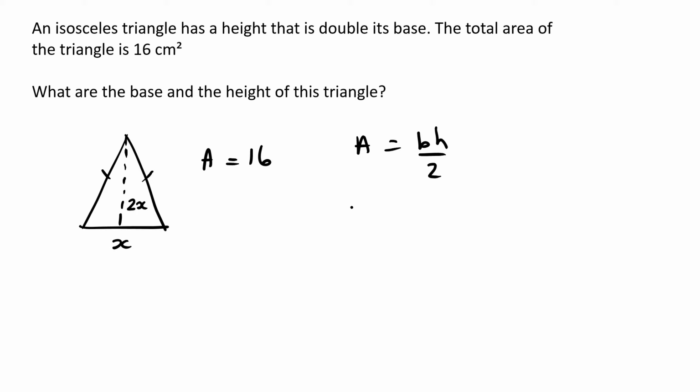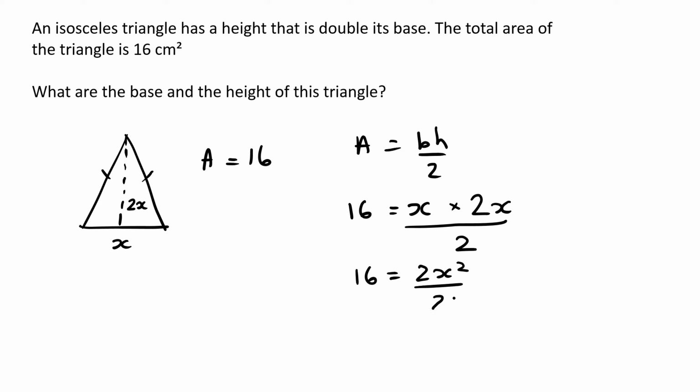We've got the area, 16, is equal to the base, which is x, times the height, which is 2x, divided by 2. Now x times 2x is 2x squared divided by 2. 2x squared divided by 2 is just x squared. So 16 is equal to x squared. So now I would say to myself, okay, if x squared has to be 16, how do I work out x? Well, that means I've got to take the square root of 16. So x is going to be the square root of 16,